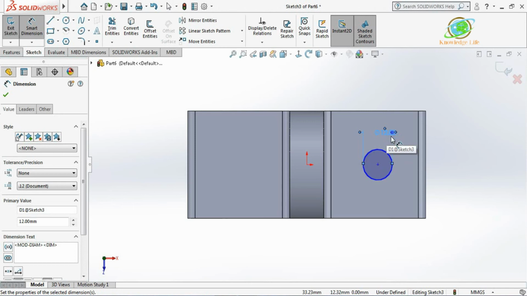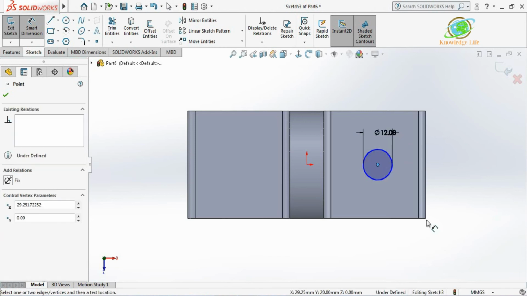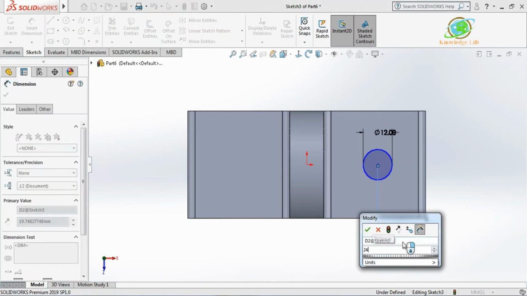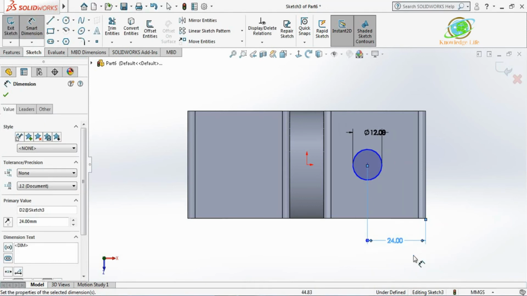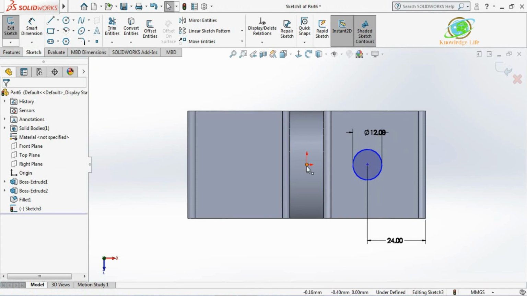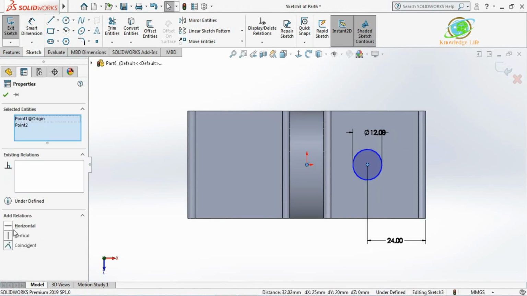So the center to this having the dimension 24, and from here to here they have given the dimension 21, or else you can give the relation with this also, because I'll be giving the relation horizontal. Now go with this OK.